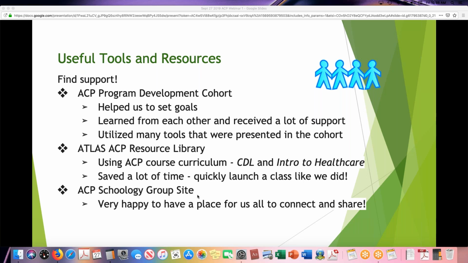Also, the adult career pathway resource library, we actually pulled the CDL curriculum and Intro to Healthcare curriculum out of that, and then we quickly launched a class. It's a great way to go. And then also finally the group Schoology site that Heather has put together. I'm really excited to have a place where we can continually connect and learn and share more from each other. And I think that's it for me.